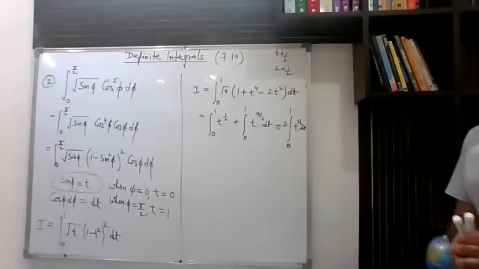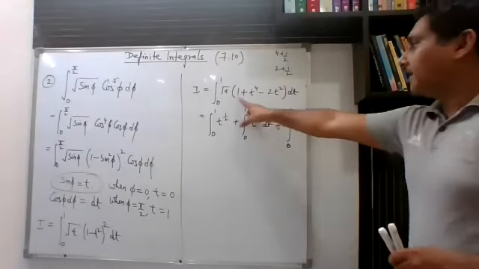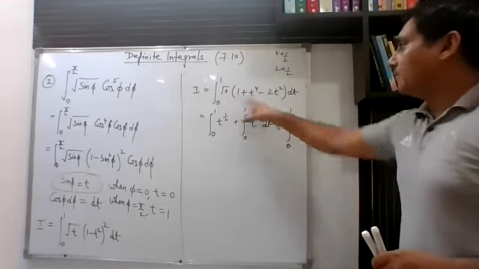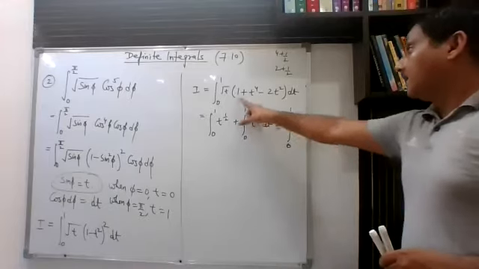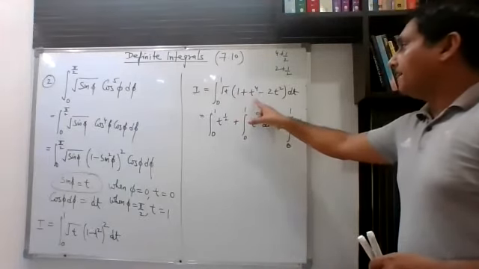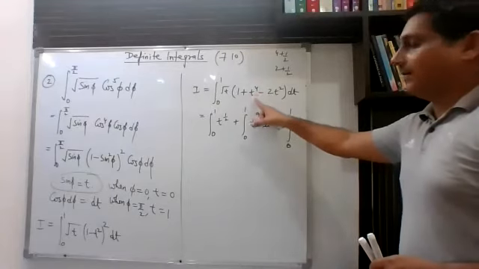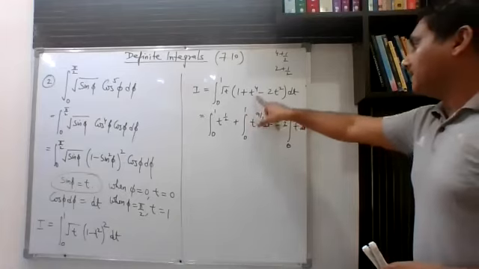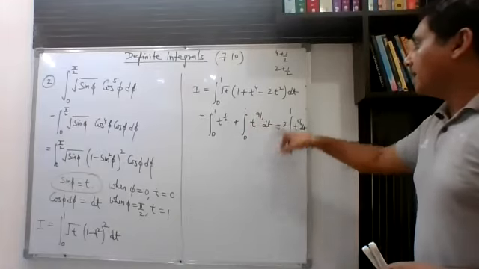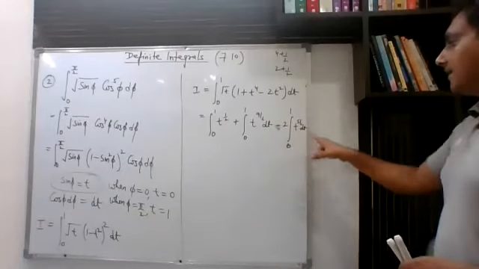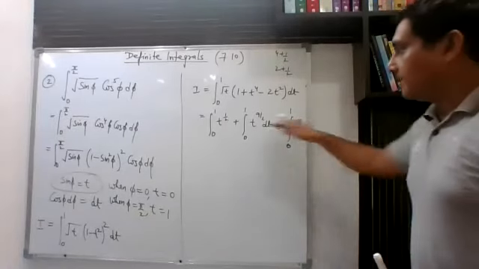Right? So this is what we had done. We had just expanded this whole square. After that, I am multiplying this t to the power 1 by 2 inside. When I multiply, this will become t to the power 1 by 2. This will become t to the power 4 plus half, because when bases are the same, you add the powers. This is how we had done it. Similarly, when you multiply this root t with this one, you will get t to the power 5 by 2. Now we had split the integral also.